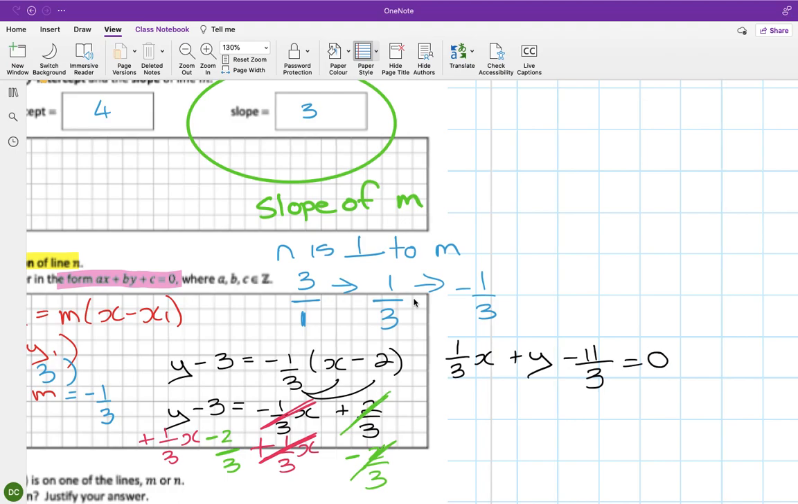And then the last problem, nearly there, is that a, b, and c have to be part of the set Z, and the set Z is whole numbers, and I don't have whole numbers, I have fractions. But it's quite easy to deal with. You just take your bottom line,